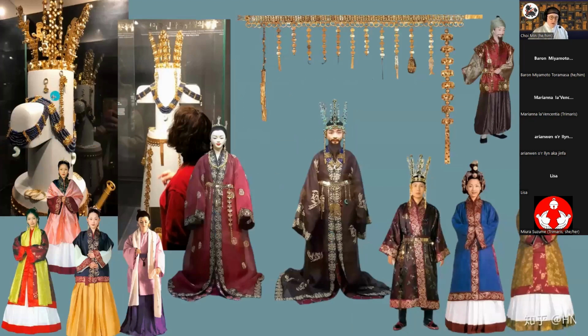So here's the beads I'm talking about. And so you can see the Japanese word is magatama, and I can't remember the Korean word off the top of my head. And then we've got the lightning bolt style crowns, and then some of the crowns look like deer crowns or deer antlers. That's the word.